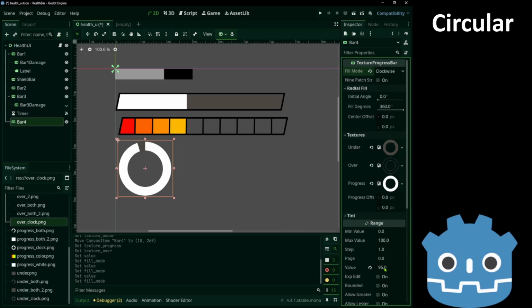Now for the radial fill, the initial angle is where we start. So this is where the 0 value is. And our fill degree shows where the max value is.